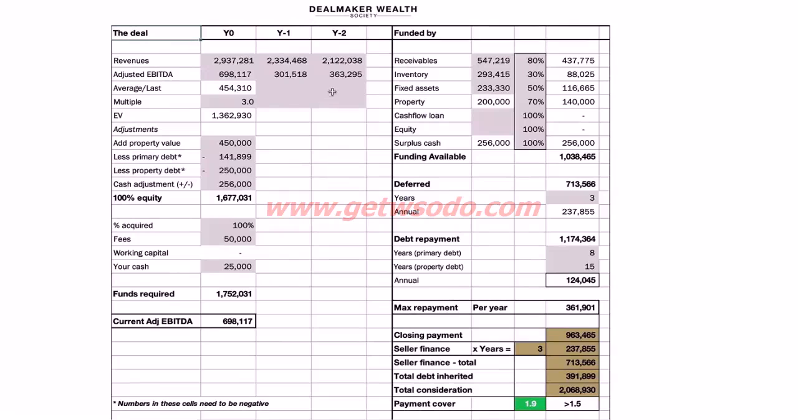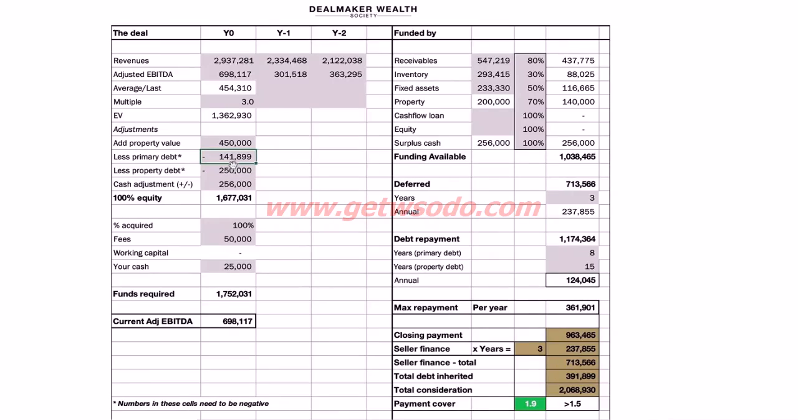So here, the enterprise value of the business is 3 times the average profit of $454,310, which is a little more than 1.36 million. Next, we want to calculate 100% ownership or equity, which is in row 14 of the model. So in this case, we make adjustments by first adding the $450,000 worth of property value. Then we deduct the